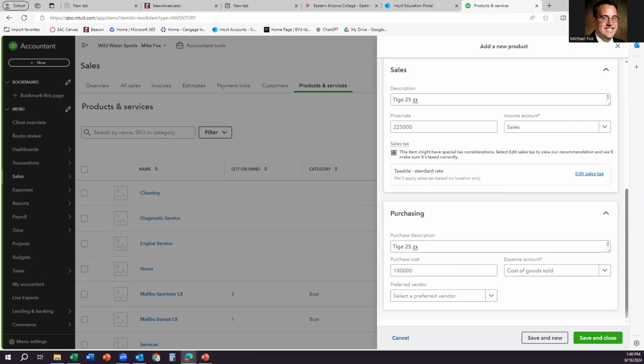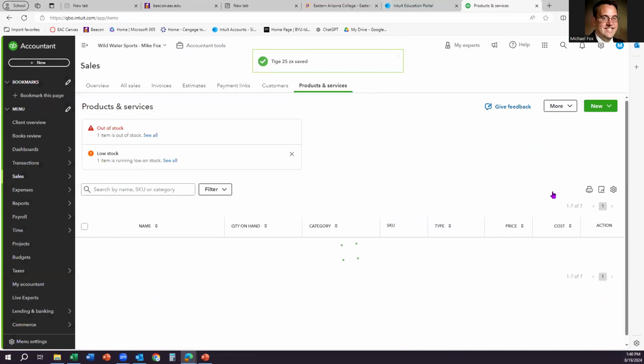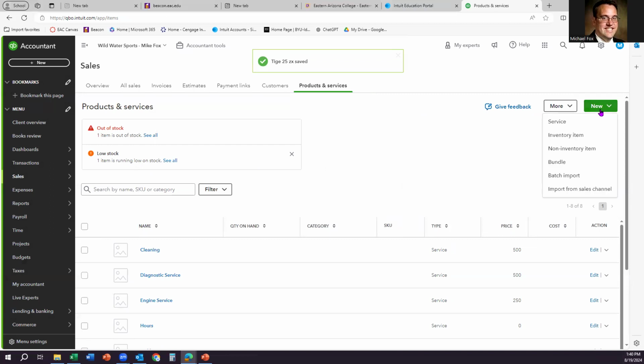And then, so again, it doesn't tell us to hit save and close. It just goes to step 18, which is create new. But I'm going to hit save and close. And now I'm going to create a new, and this time,